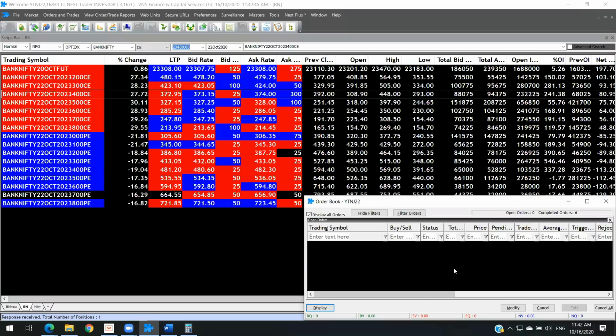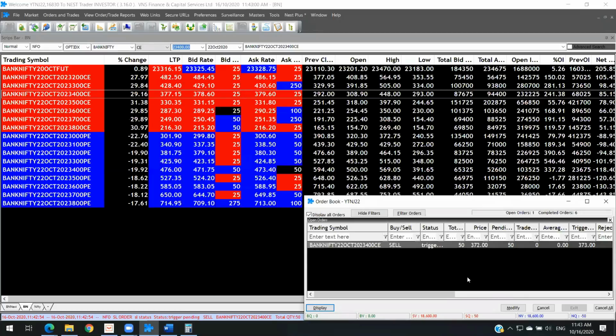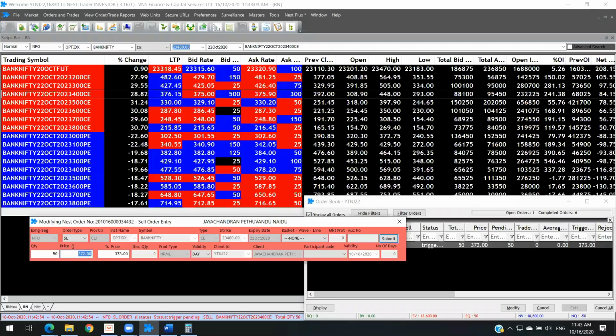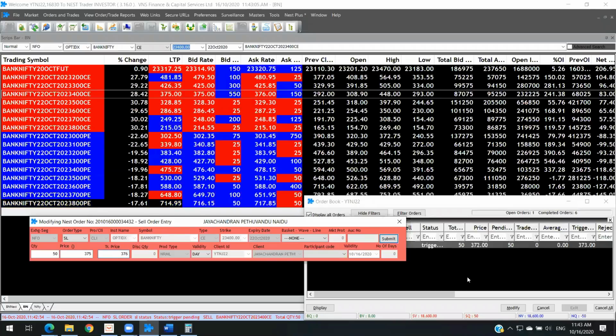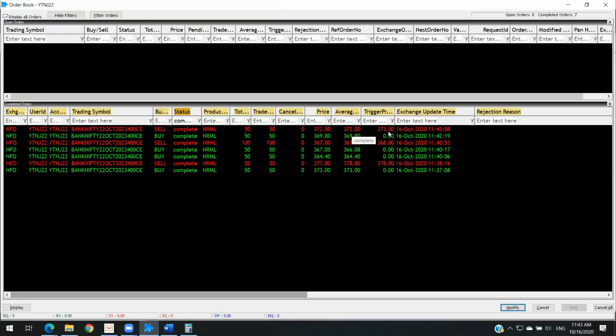Something which we bought at 370, 369, it is trading at 380 now. What I needed to do was immediately trail it as quickly as possible. I don't want to lose the little money which I got from the scalping. I'm placing it now. Look at it. By the time I place my order, it got triggered. The violent movement is there, right? Something which we bought at 369, we placed the average at 372 to 373. Still, we were able to get 3 rupees out of the trade in no time.